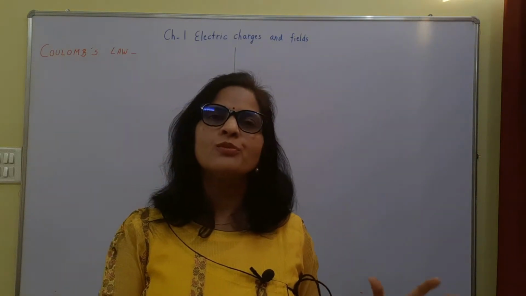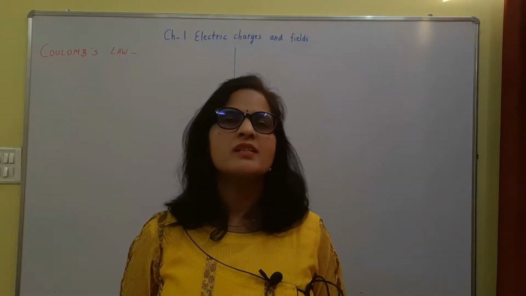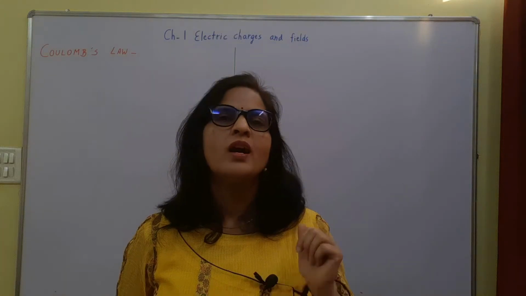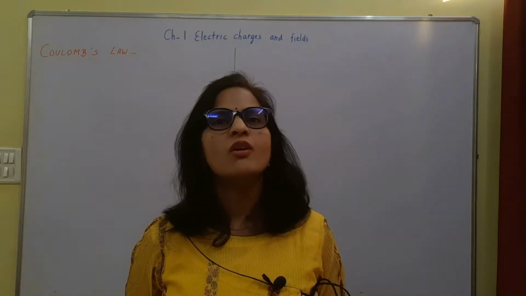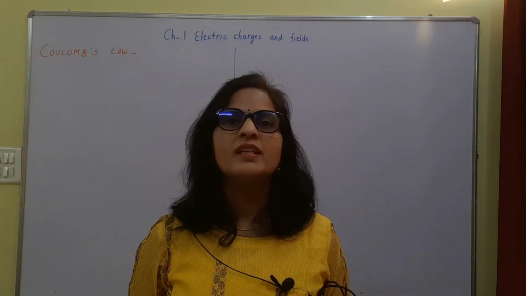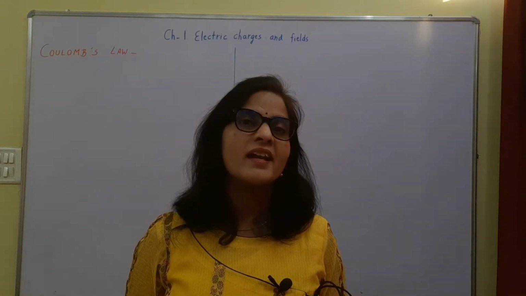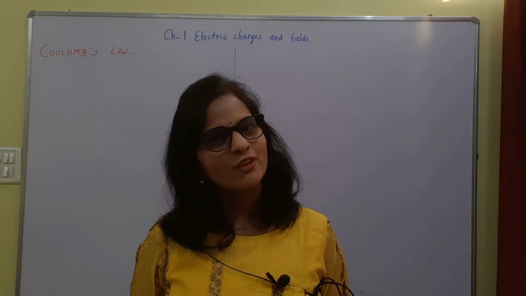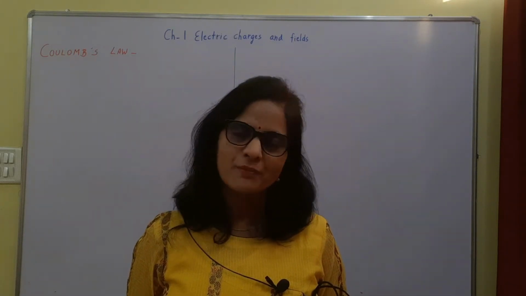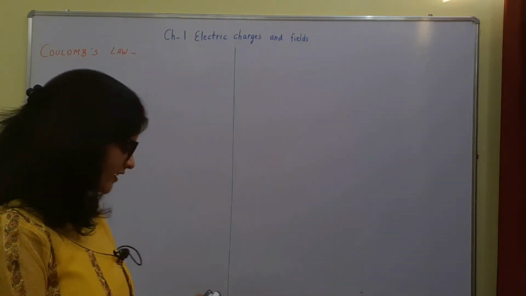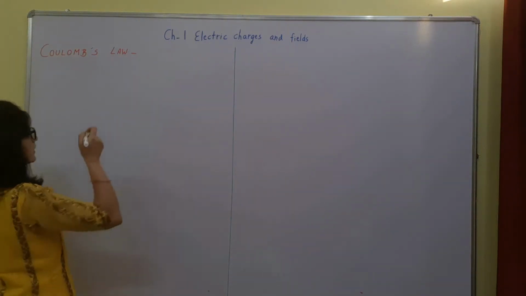So according to Coulomb's law, if two charges Q1 and Q2 are separated by a distance r, then the force of attraction or repulsion between these two charges is directly proportional to the product of the two charges and inversely proportional to the square of the separation between them. So let's write down this. According to this law,